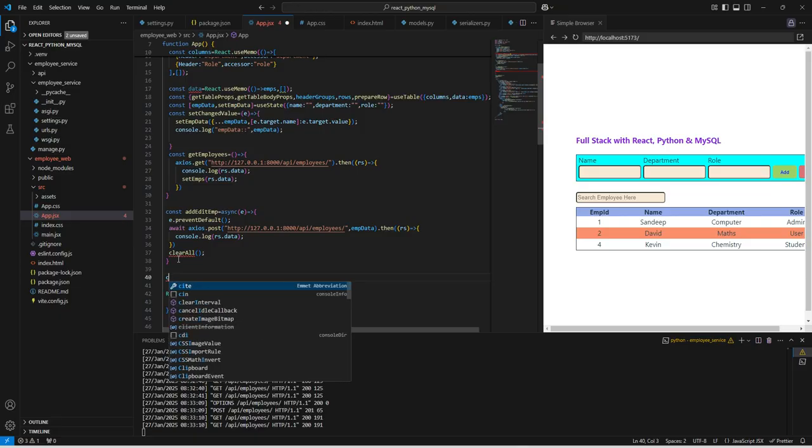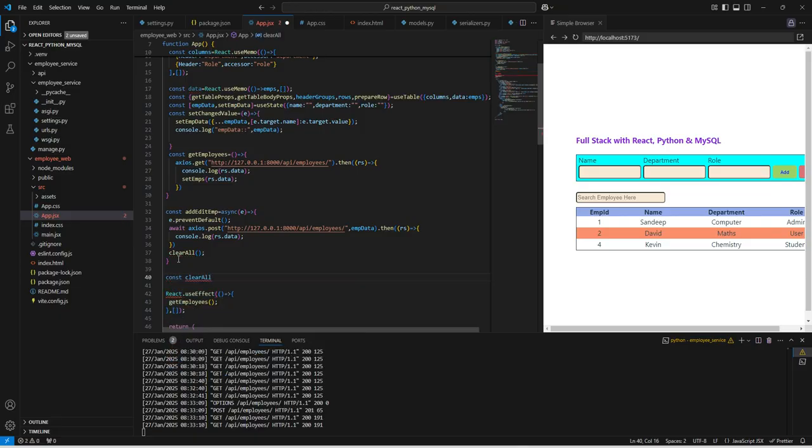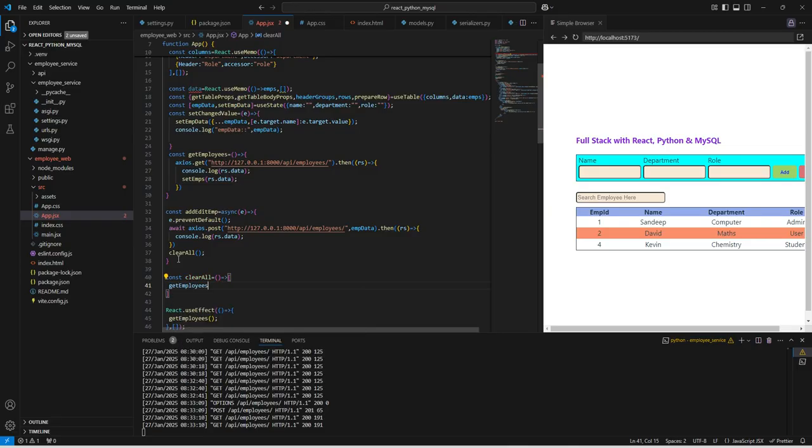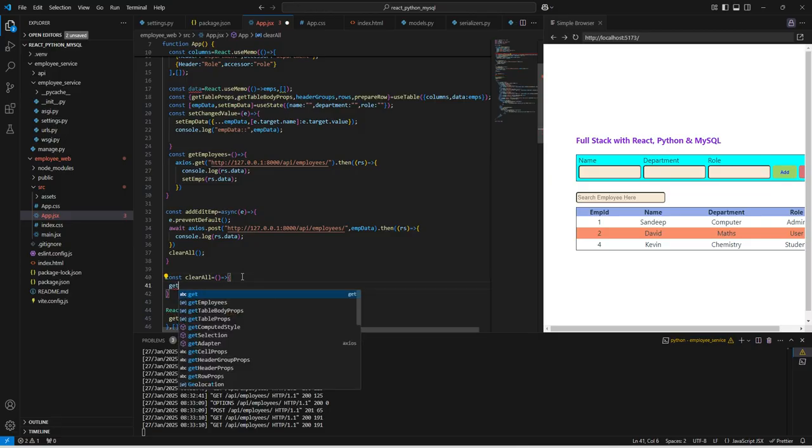We can use constant clear all, and here we can add get employees. We can give a call to get employees. This will basically show the list of all employees once we add. And sorry, here we can use the bracket, this is the bracket, get all employees,